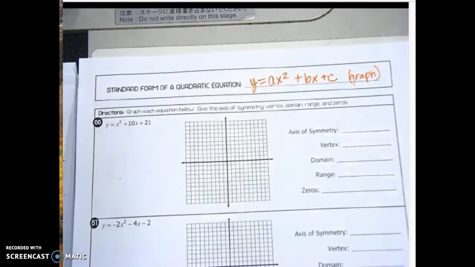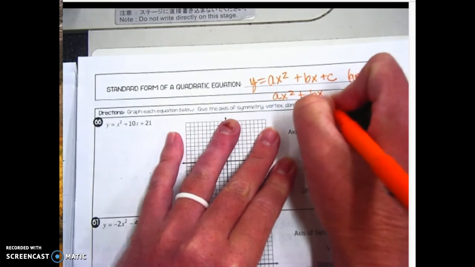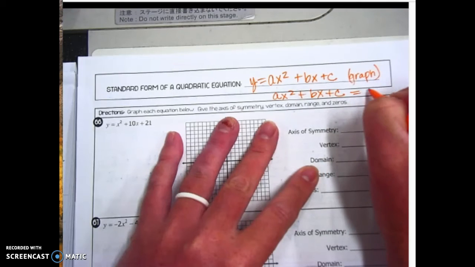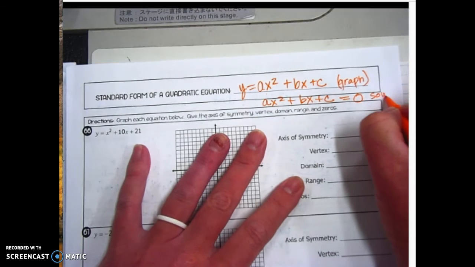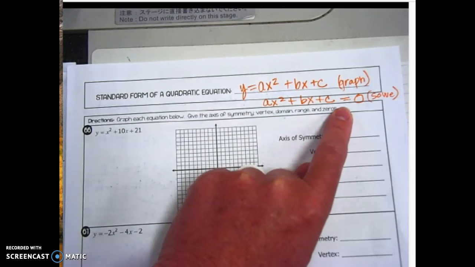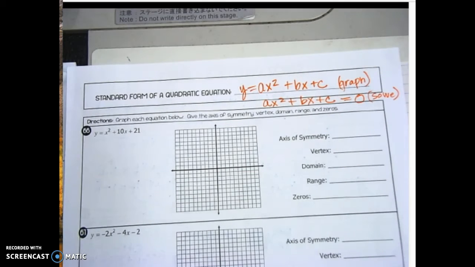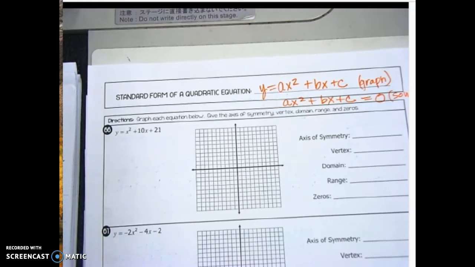But if you're just solving, you're going to have this same equation, the ax squared plus bx plus c, and then you're going to want to set it equal to 0. So if you're asked to solve. But basically it's the same equation. One just says y equals, and then one says equal to 0. So it just depends what you're doing with it. But basically you always want to get either the y by itself or the 0 by itself, depending what you're doing. All right? So boxes number 66 and 67, we're going to graph those